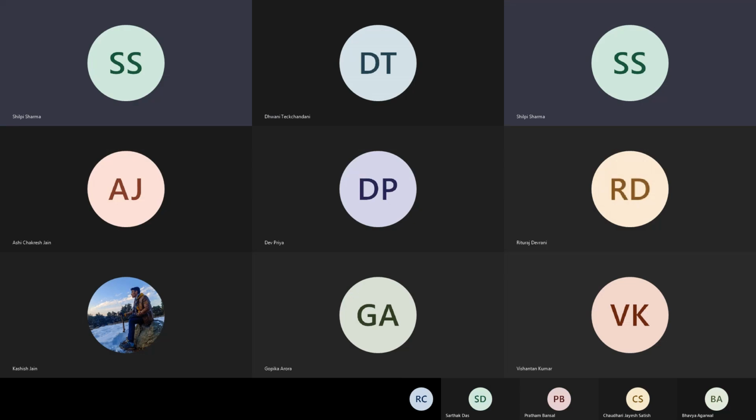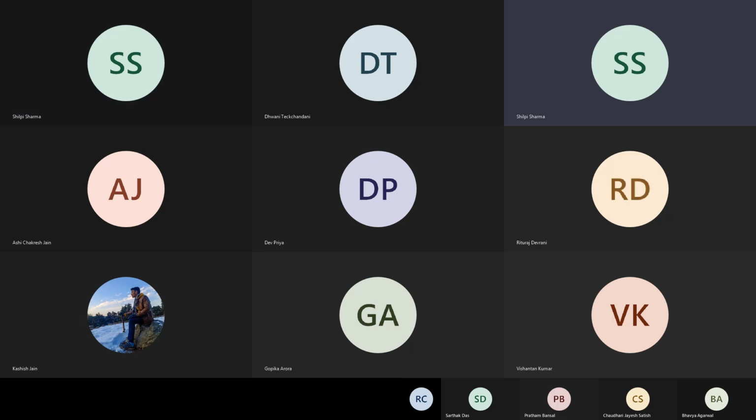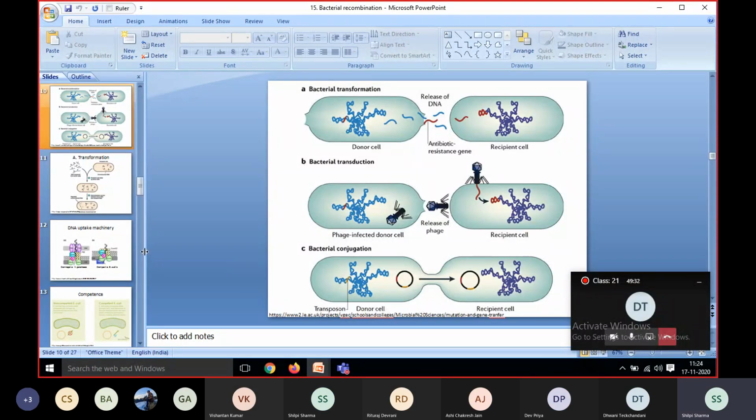I will now talk about the role of viruses in recombination. If there are any questions with viruses, you can ask me now. Otherwise, I'll start with where we left off in our recombination lecture. And why did we cover it here? Because we're going to study this. Yeah, so this is where we were in the last class.